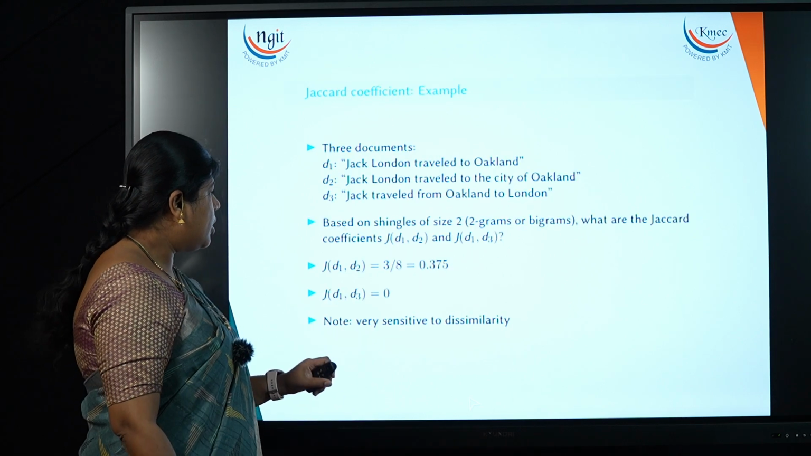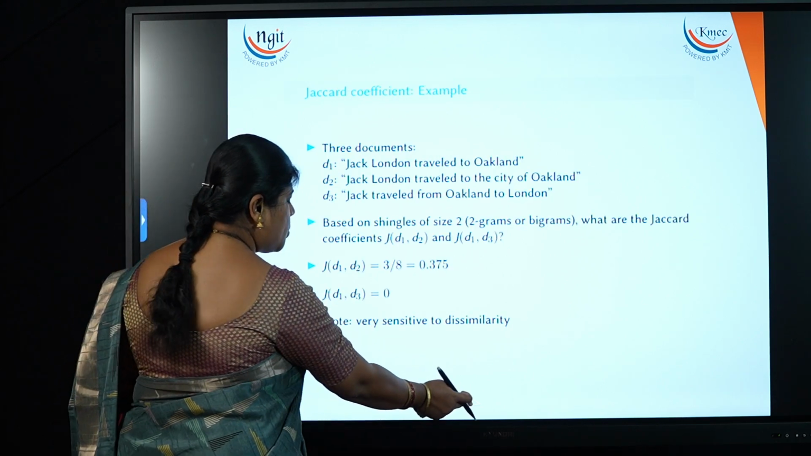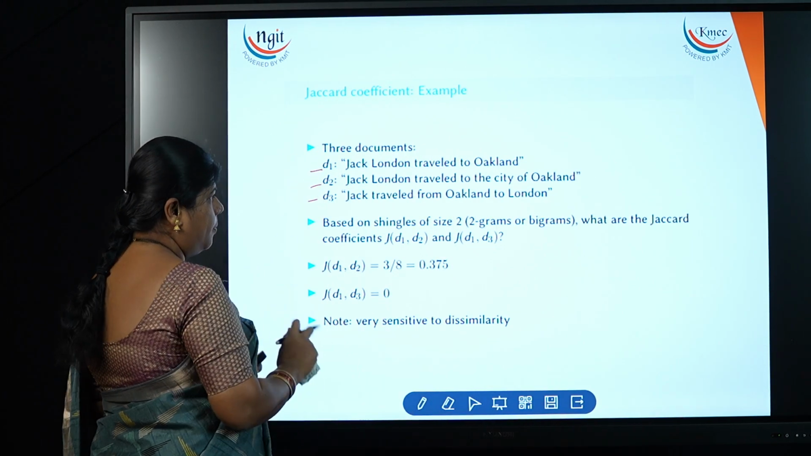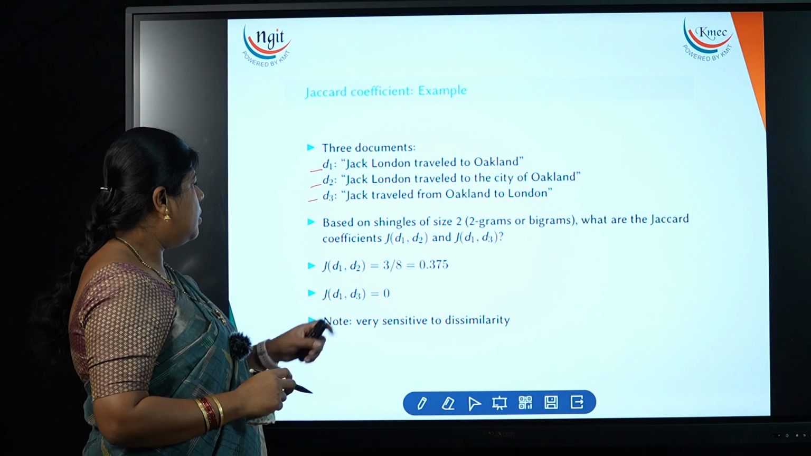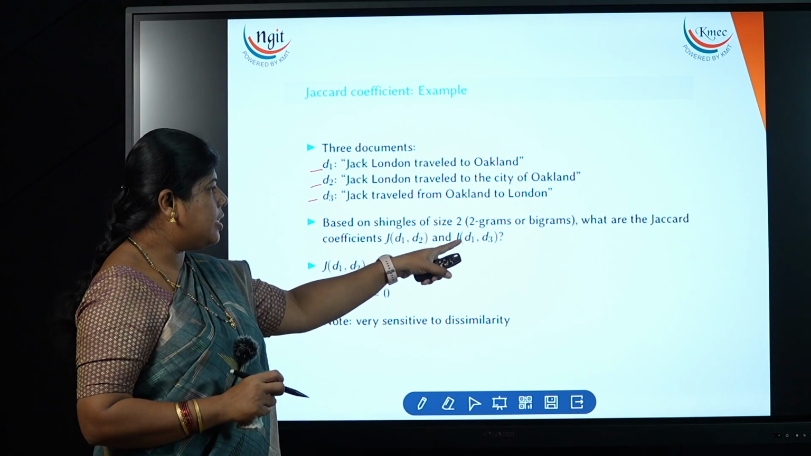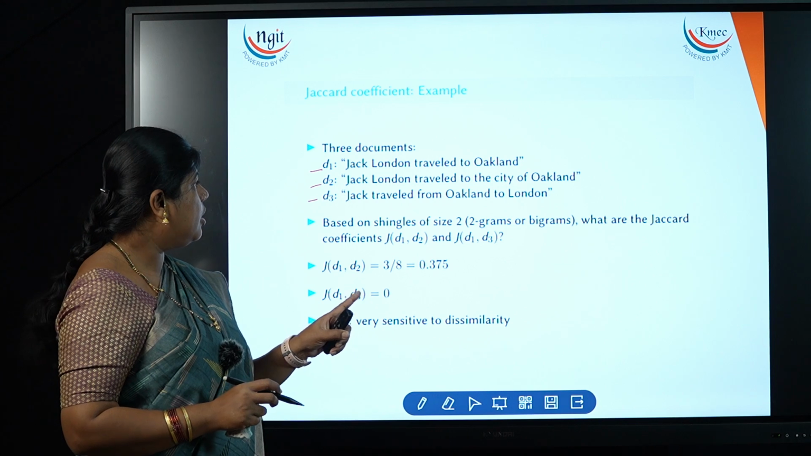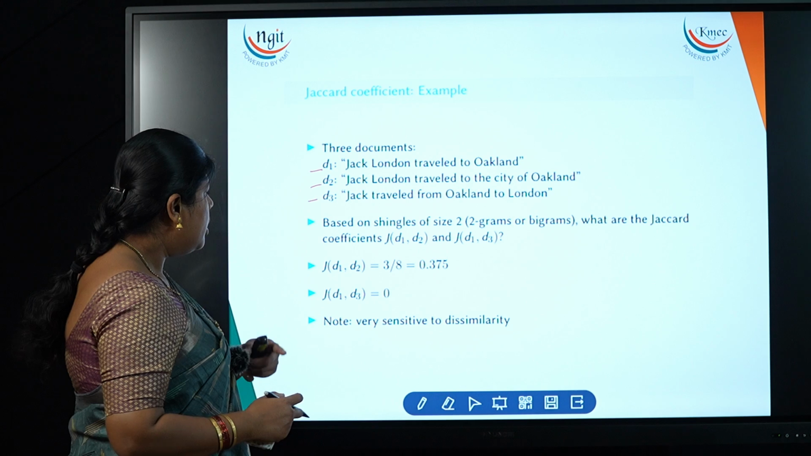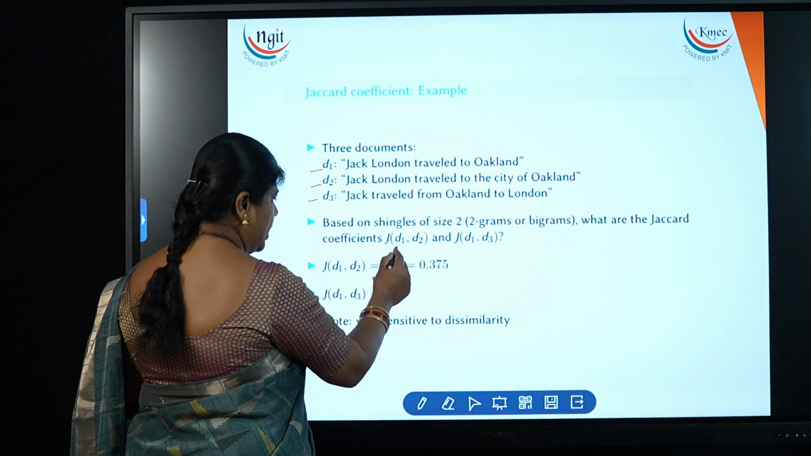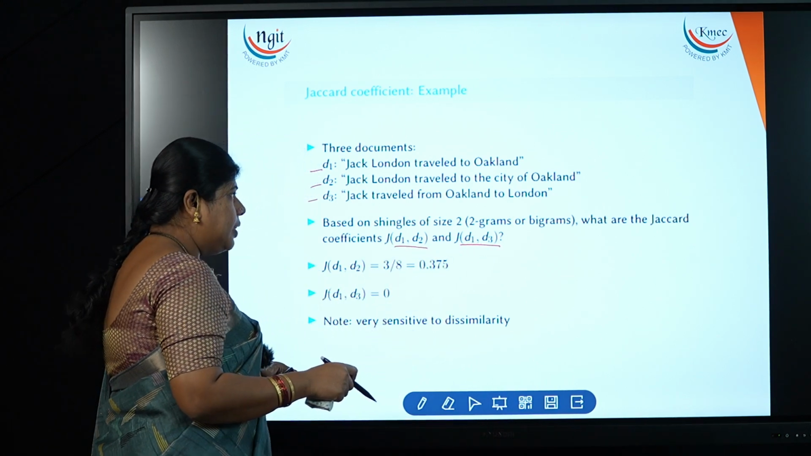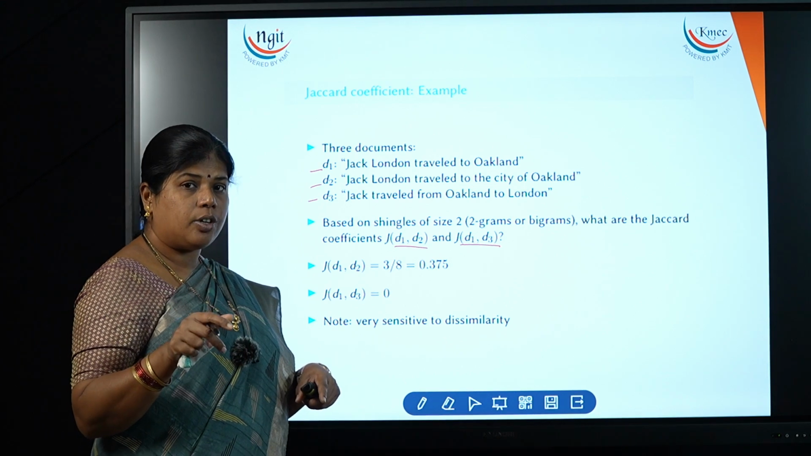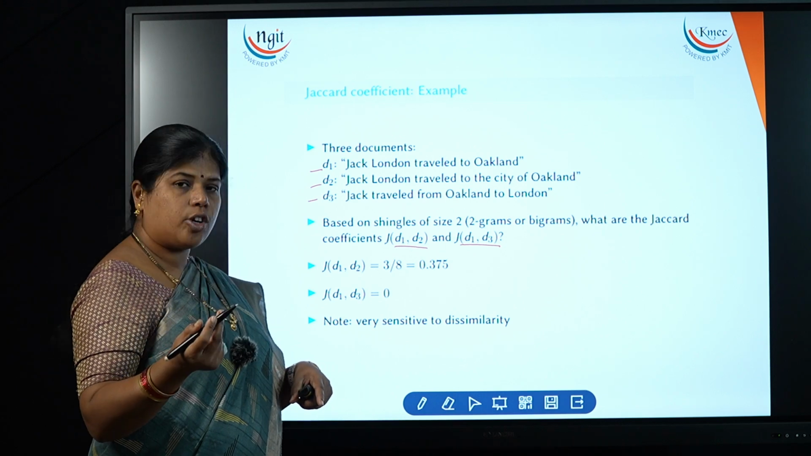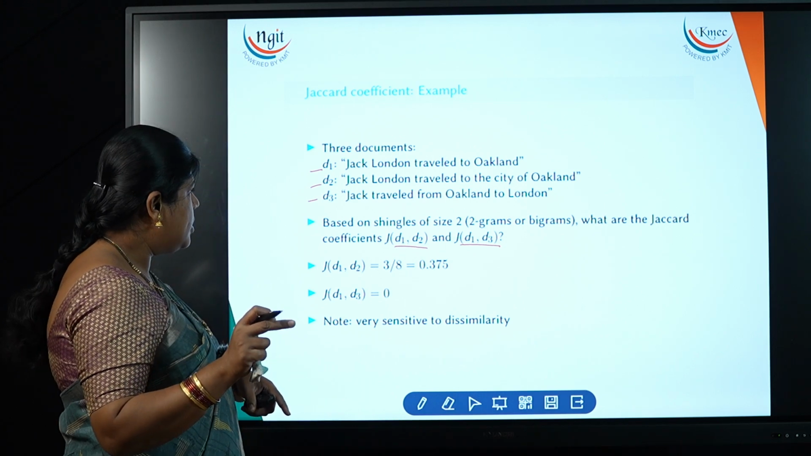Now, what are your three documents? These are your three documents, D1, D2 and D3. Okay. Now, based on shingles of size 2, meaning I am considering the bigram here, I want to find out the Jaccard coefficient between D1 and D2 as well as between D1 and D3. Now, what should I find out here? Two words should be there in these documents in the same sequence. Now listen,